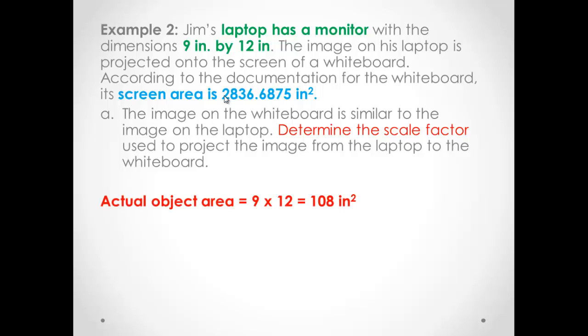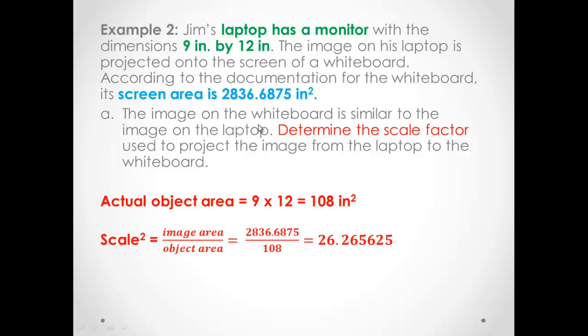Okay, so first of all, what do we know? The actual object area, so we're talking about the laptop screen, 9 times 12, we get 108 inches squared. We already have the area of the other thing, the projector. If we compare these two things, remember the ratio, and that's what we have, the ratio of the image and the object is the scale factor squared. So if we put one over top of the other,